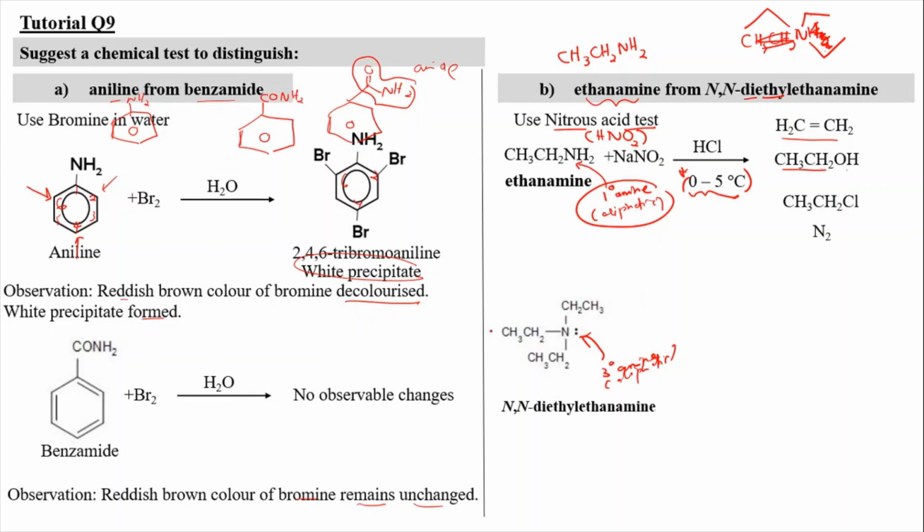For the tertiary amine, we can also react that with sodium nitrite. Okay, and for the observation, we can say that the nitrogen gas is going to be released even at a very low temperature. So this is an important observation because we are talking about the bubbling of gases that indicates the nitrogen gas. Okay, and for the N-diethyl amine, which is a tertiary amine, we're going to react that using a similar nitrous acid test, which is NaNO2 in HCl at low temperature, and what we're going to produce is a